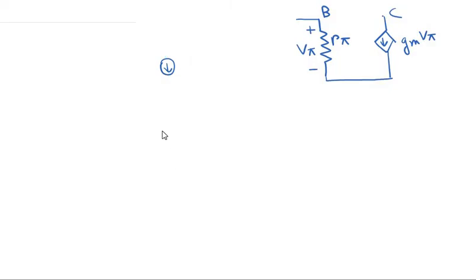That is the behavior of an ideal transistor: the collector current is independent of the voltage drop across the base to collector junction in the forward active mode. Provided that the transistor is in the forward active mode, the collector terminal behaves as an ideal current source. So this is Gm V pi, and then we have the emitter terminal over here, E.